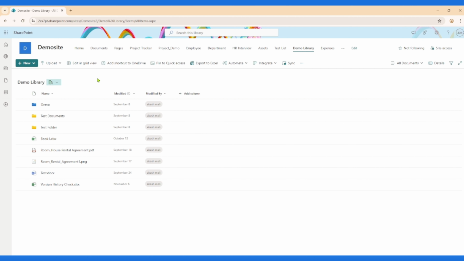library. You can also see the rest of the commands in the ribbon, including edit in grid view, add shortcut to OneDrive, export to Excel, integrate, and a few additional actions depending on your permissions. You can also see on the right-hand side, clicking the All Documents drop-down opens the full set of view controls, including Create New View, Save View, Edit Current View, layout options like List and Compact List, and access to advanced